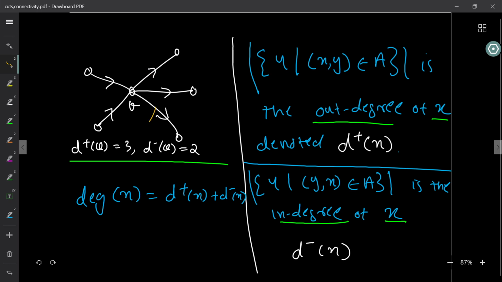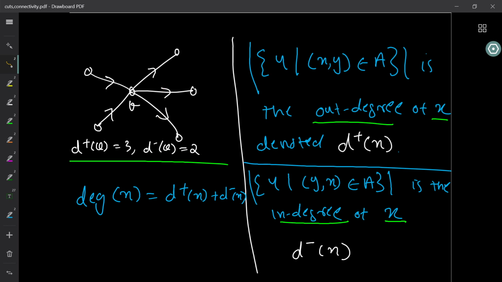The number of such out edges will tell you the out degree. So basically, the out degree of the vertex x is the set of all y such that xy is an arc, and it is denoted by d plus of x. We say that this is the out degree. And d plus of the vertex v in this example is 3 because we have these 3